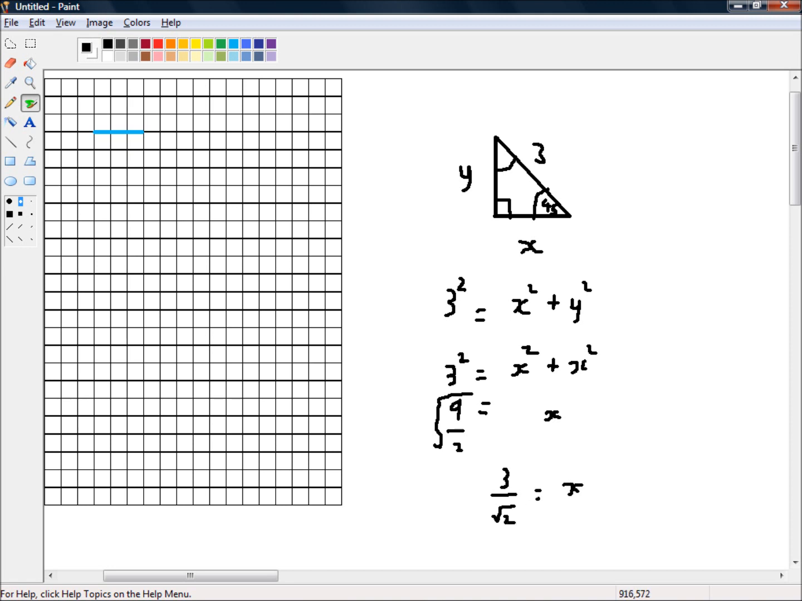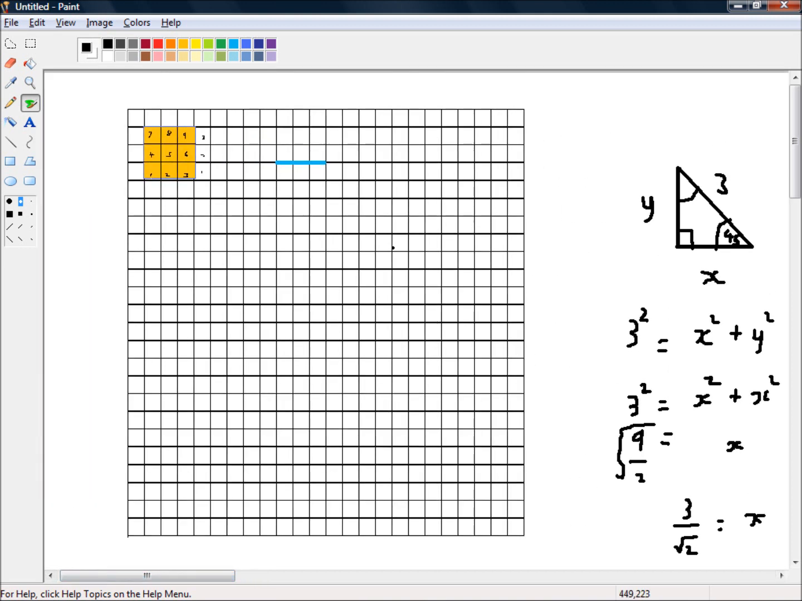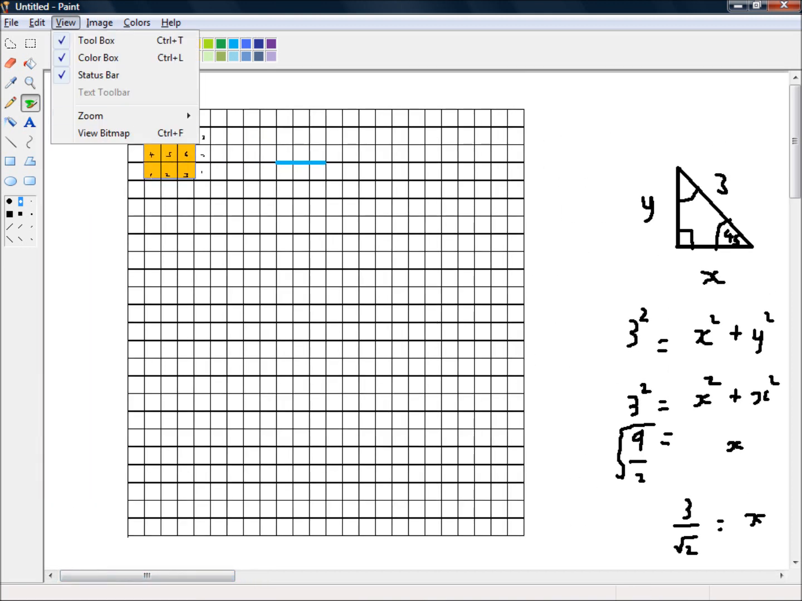And I know the square root of 2 is around about 1.4 something. Now 3 over 1.5 is going to be the same as 6 over 3, which is 2. So 3 over the square root of 2 is going to be slightly bigger than 2 squares, but not much bigger than 2 squares. So if I zoom back in again,